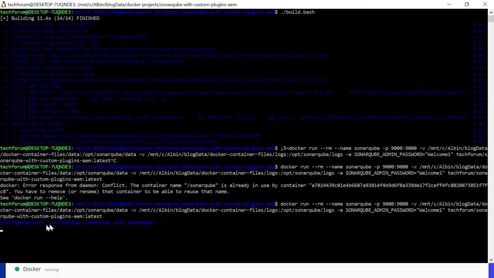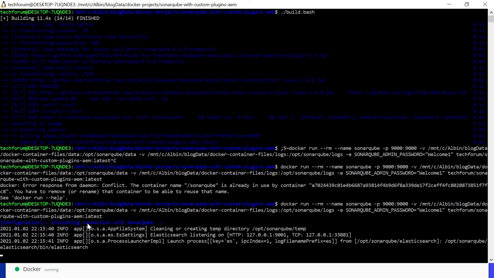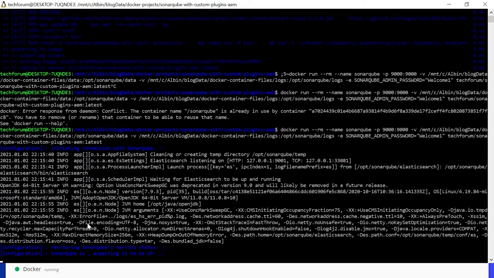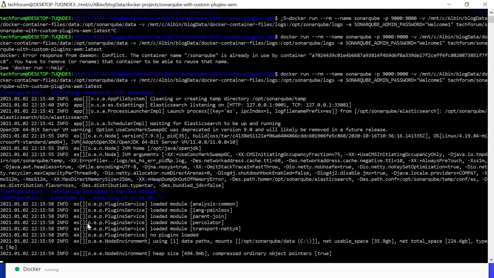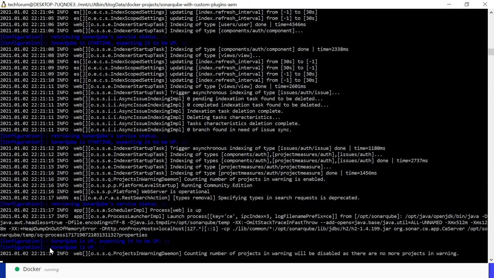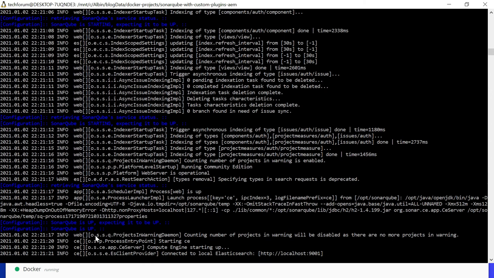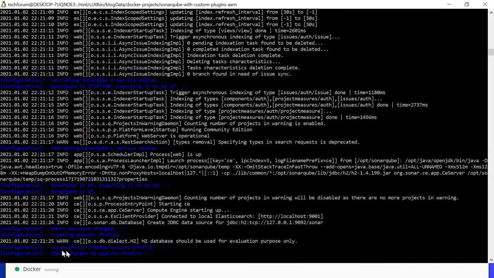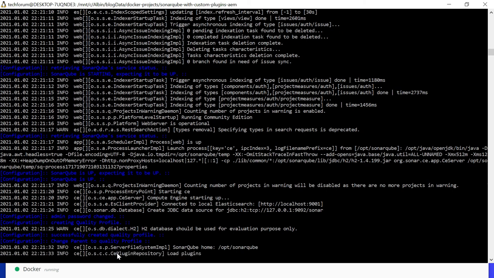If you see here, this is in blue color, which means it's a custom configuration. It's saying initiating connection with SonarQube. It will be repeated every 5 seconds to check whether the SonarQube server is up. Yeah, now the server is up. If you see here, the SonarQube server is up, and the bootstrap configurations are now getting applied. You can see admin password changed, creating quality profile, then it's created, then changing the parent, whatever our custom configurations, those are getting executed now.